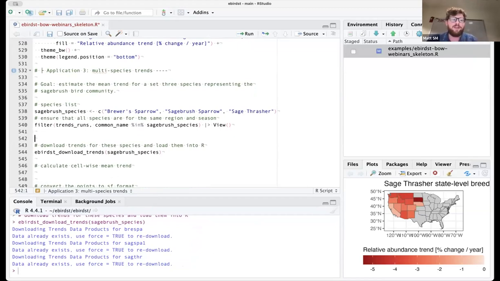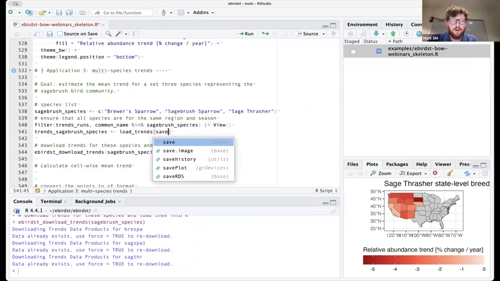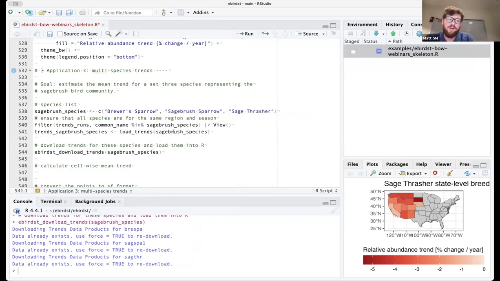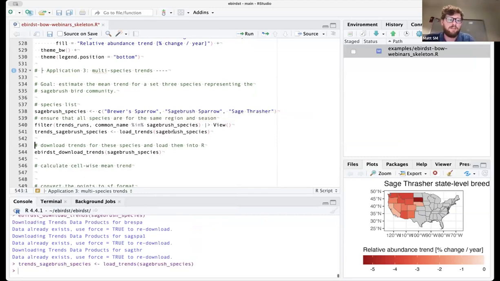And similarly, the load trends function also works with multiple species. Since it's a data frame, it can just combine all 3 data frames together. So I'm going to call this thing trends sagebrush species. So it's that same load trends function, but rather than giving it a single species, I'll give it that vector that has 3 species names in it.